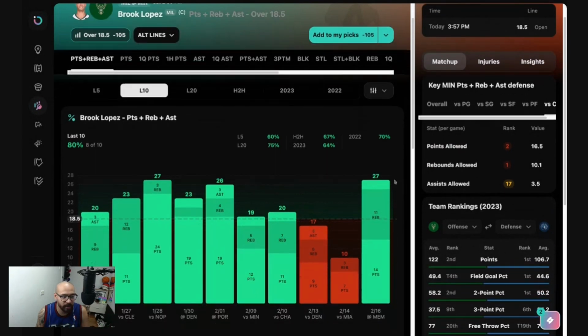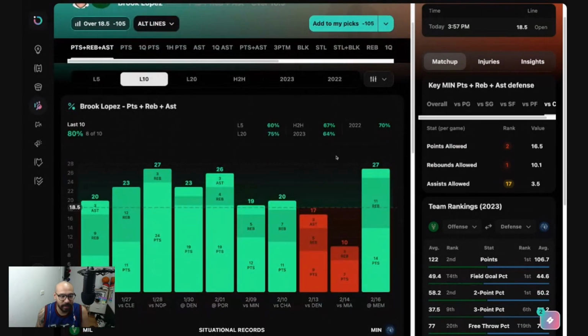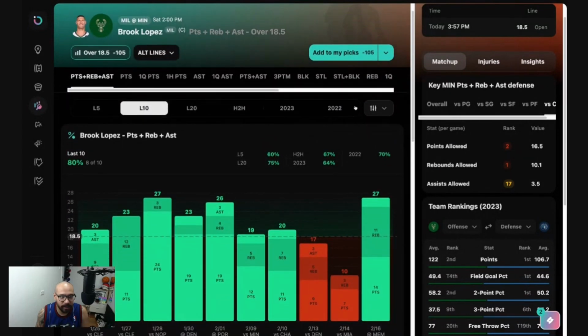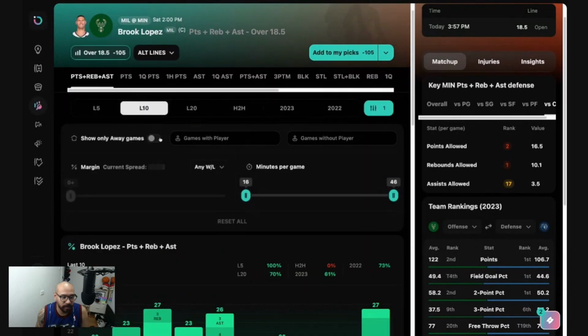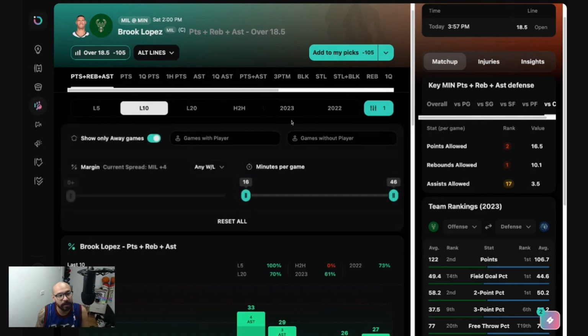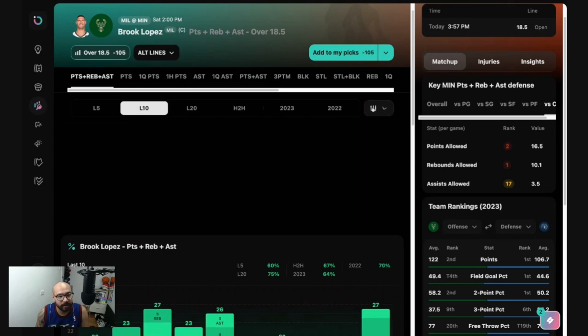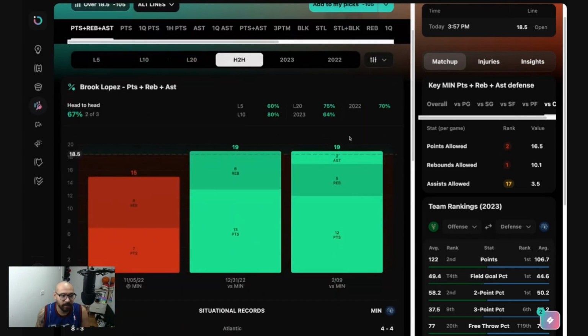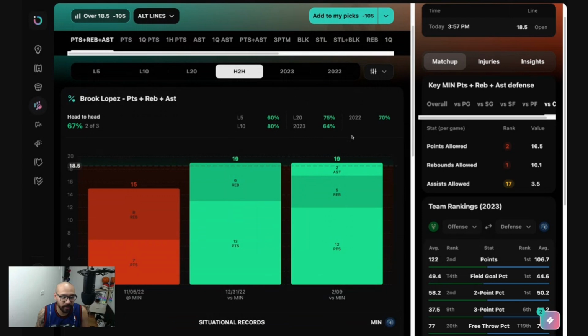Not good nor bad. He's covered this line in 8 of his last 10 games. This is a road game for the Bucks, so he's covered this in 7 of his last 10 road games. He's actually covered this in 5 road games in a row, so that's pretty good. And if we look at head-to-head matchups, he's covered this in 2 out of his last 3 games against the